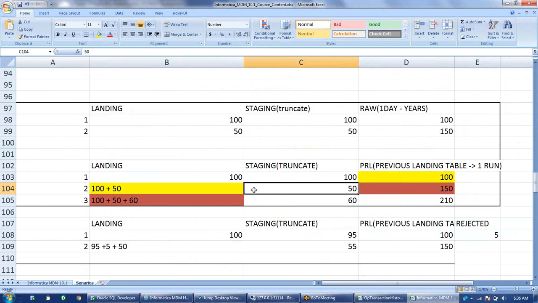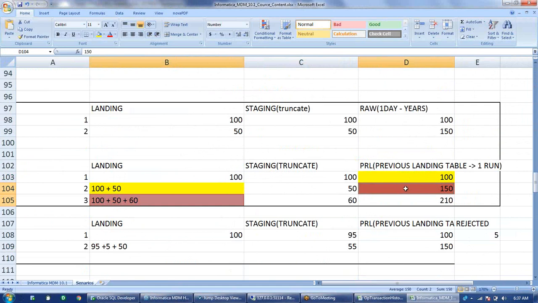So similarly in the second run, only 50 records got processed, and then it truncated the PRL table and copied all the data from the landing table. And similarly the third one, where we got new 60 records. So we appended the new 60 records in our landing table, and when we ran the job, it again compared the landing table against the PRL table, which has 150 records.